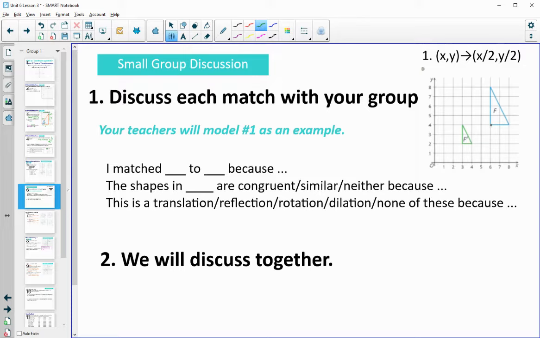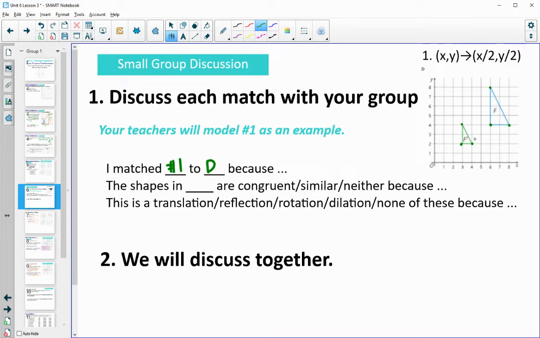Okay, so this was the point 6, 4 that mapped to 3, 2. Okay, and then 8, 4, half of each of those is 4, 2. 6, 8, half of each of those is 3, 4. So you're going to just talk that out however you figured it out. So I matched number 1 to image D because